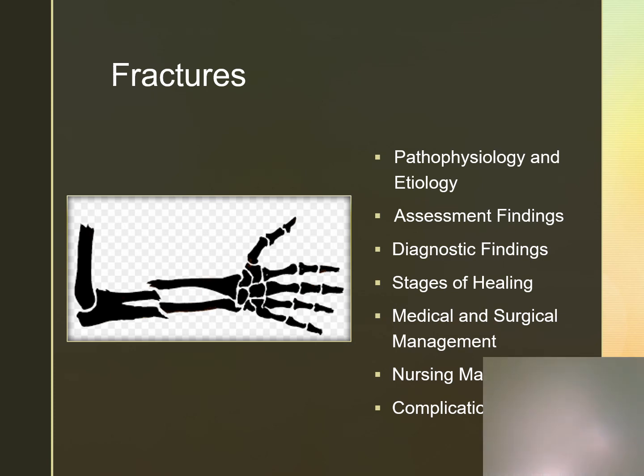With delayed bone healing, sometimes we'll see non-union where the ends of the bones are not aligned, or malunion where the ends of the bones heal in a malformed position. Additional complications include infection, avascular necrosis, where we have death of the bone from an insufficient blood supply, and those immobility